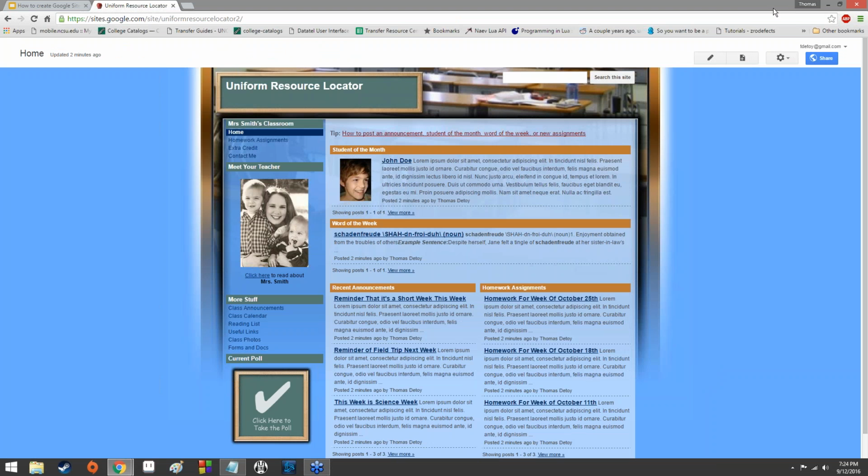All right, so first things first, let's take a look at how we're going to edit a page. And as you can see, there's not a whole lot of buttons you can click around here. We can click on links on the site and stuff like that, but those are going to take us to other pages in our own site. So if I go to homework assignments,